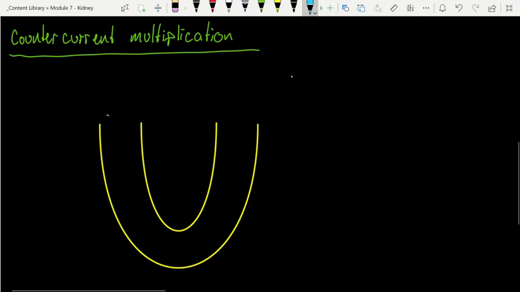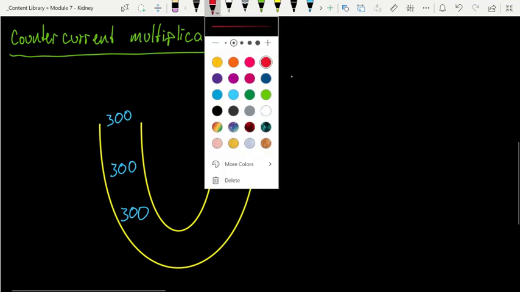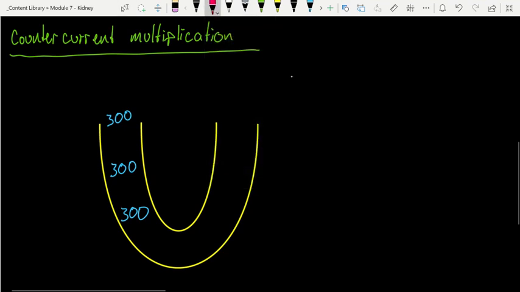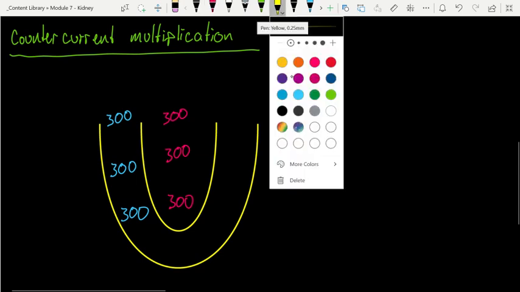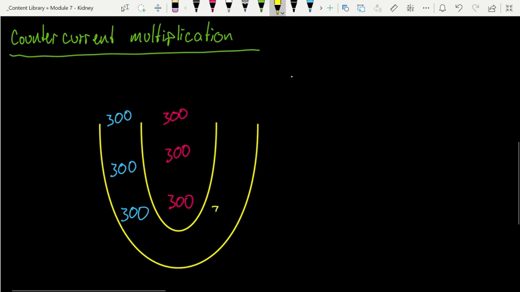We come in, like we said above, at 300. Of course, the very first time this kidney runs, everything's going to be 300. So we'll continue 300 here, 300 here. Everything is at equilibrium, so let's transition over to the interstitial space at equilibrium as well. 300, 300, 300. And of course, up the ascending loop, we can do that one in yellow at equilibrium, 300,